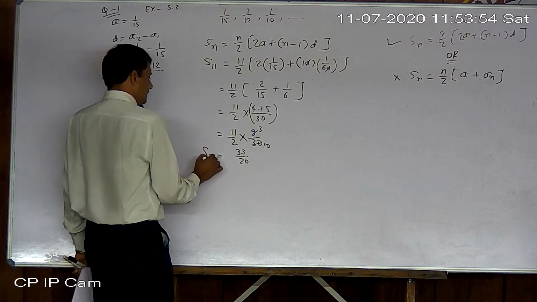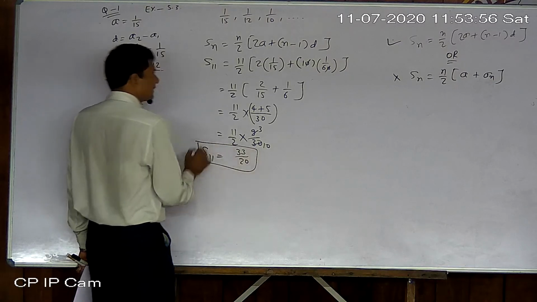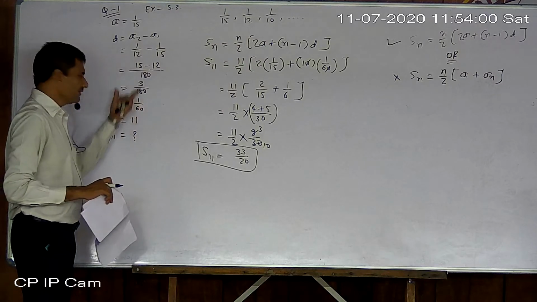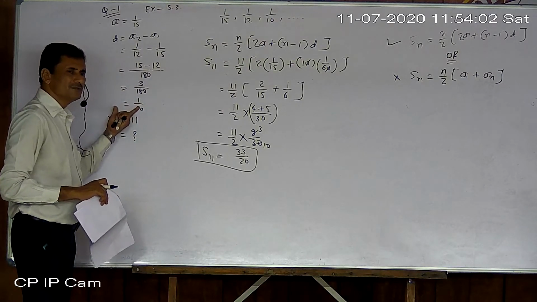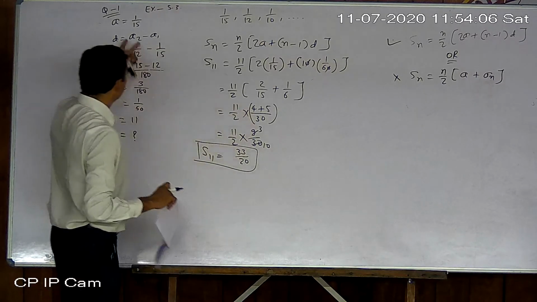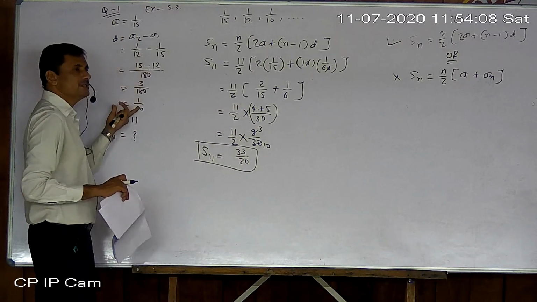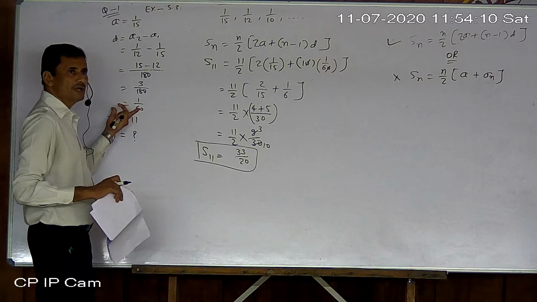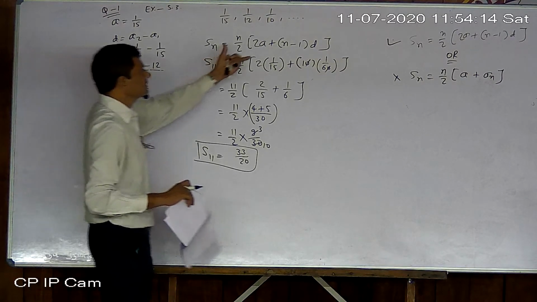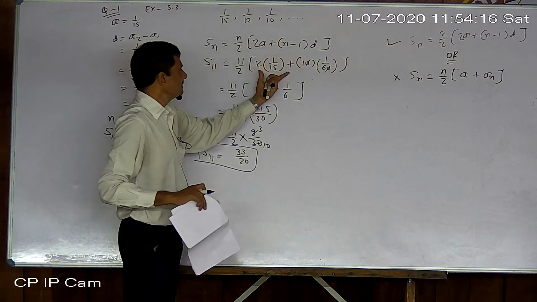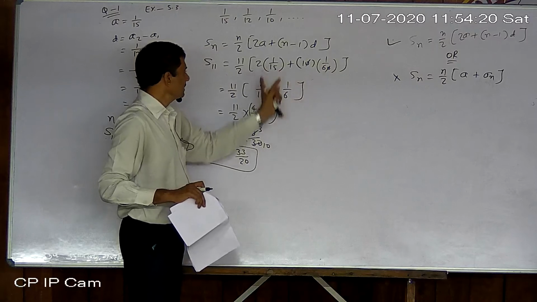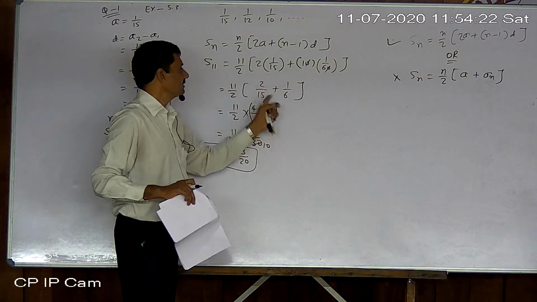So S11 is that. Okay, so understand now, first of all, not every time do we have to find it that way only. Sometimes we can say orally also what the D is. But whenever it is not possible, find D by doing A2 minus A1. Now everything else is given. I just wrote the formula here and placed the values. Here simplification is somewhat possible, so I wrote it that way, and then I have taken the LCM.